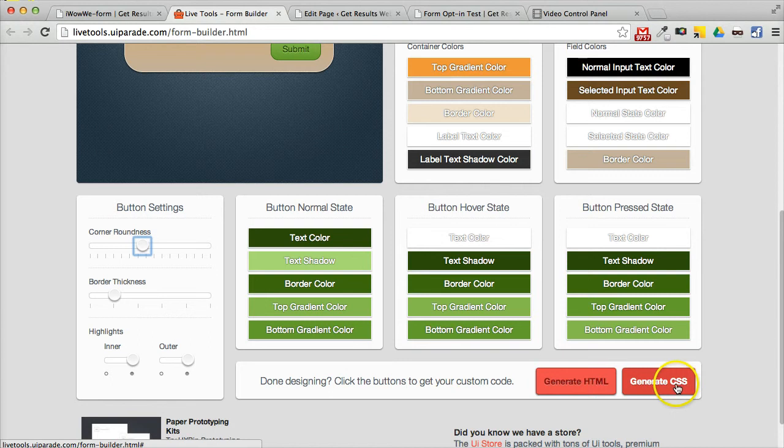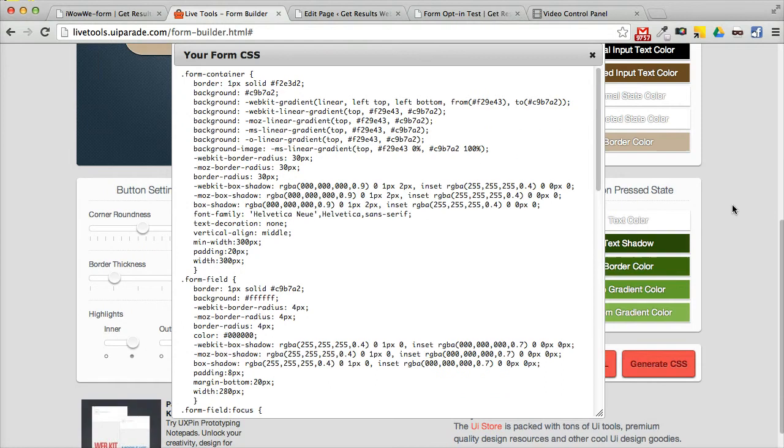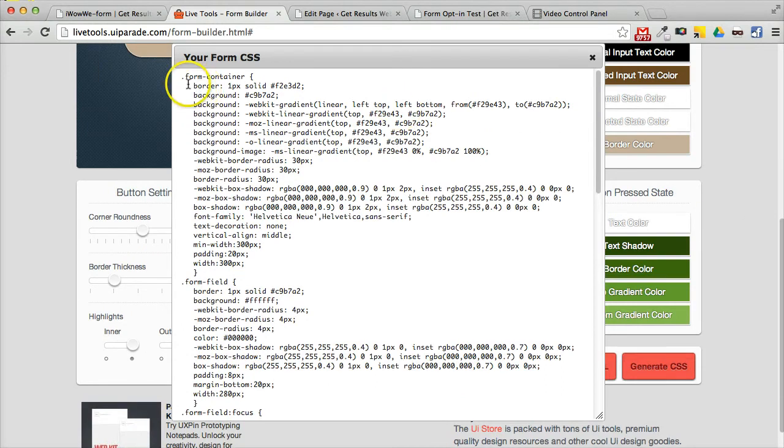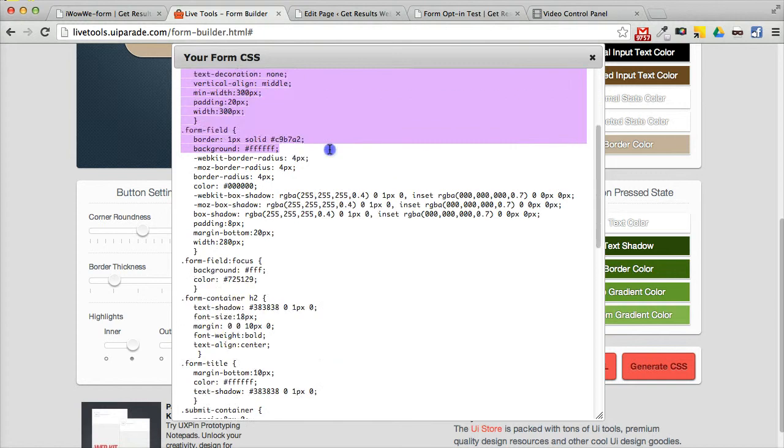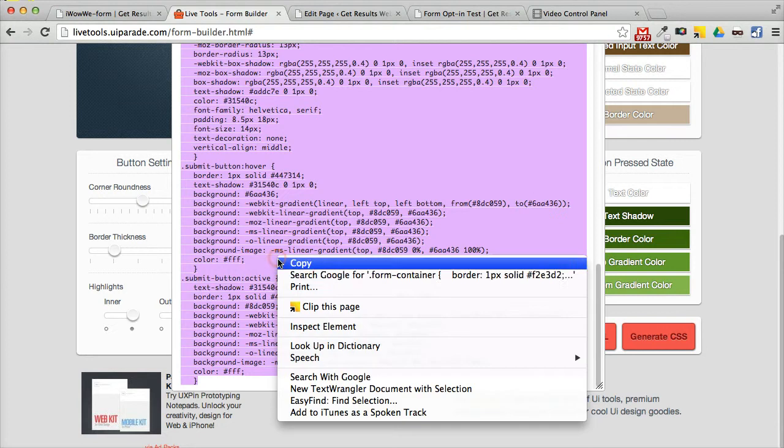I can actually go down here and click on Generate CSS. So that's going to give me my style information. So I'm going to scroll down here, and you'll see that up here it starts with .form container. So I want to start selecting that, go all the way down to this curly bracket, and that's the bottom. I want to copy it,